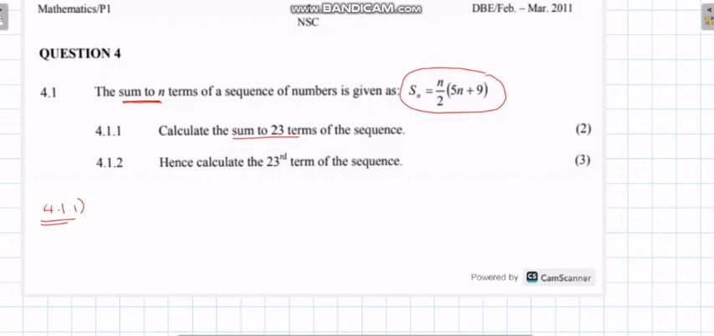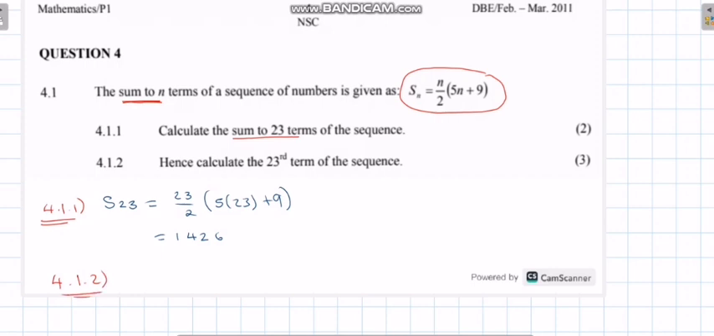So this one won't be difficult. Where we see n, we just substitute with 23. So it's 23 over 2 into 5 into 23 plus 9. Then we close the bracket. Let's punch our calculator. Then our answer is 1426. Then we move to our next question,